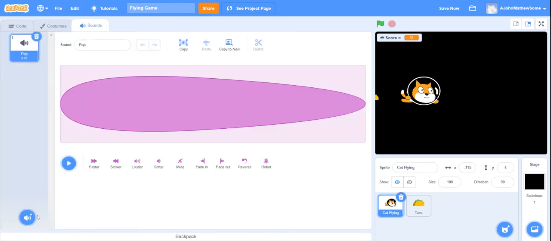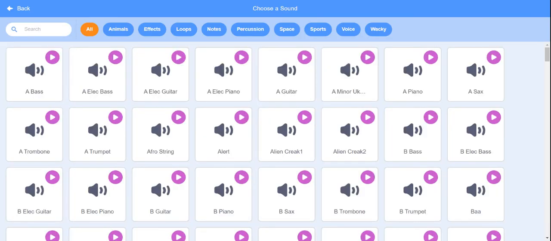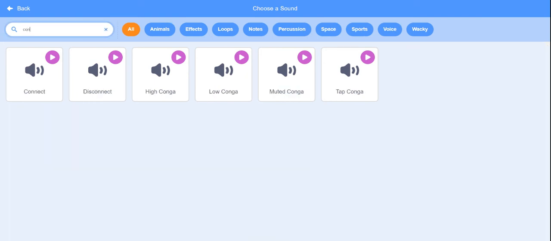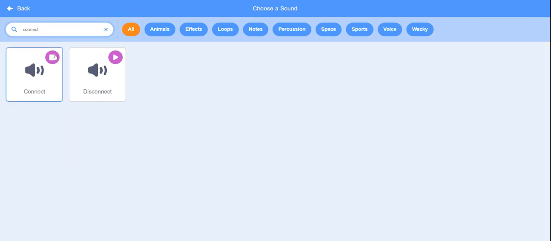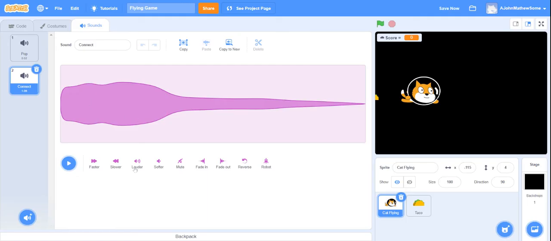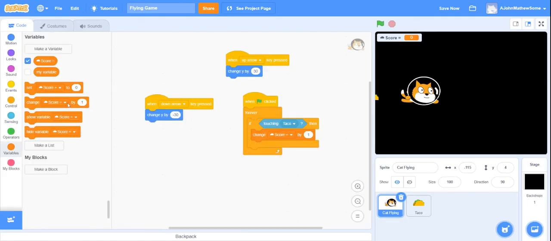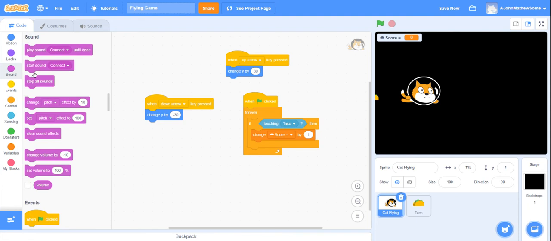So we can play a sound. I'll use the connect sound. Now we can start sound connect,